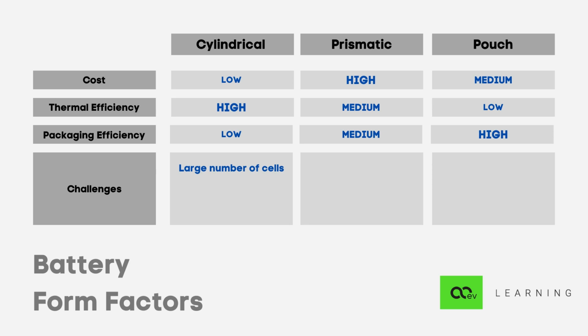Coming towards the challenges, as the cylindrical cells have lower capacity, there are a large number of cells involved. Just to give an example, a typical Tesla Model S has around 7,000 cells in it. Then each cylindrical cell manufactured is not identical to other lithium-ion cells in the same batch. So it is very sensitive to manufacturing.